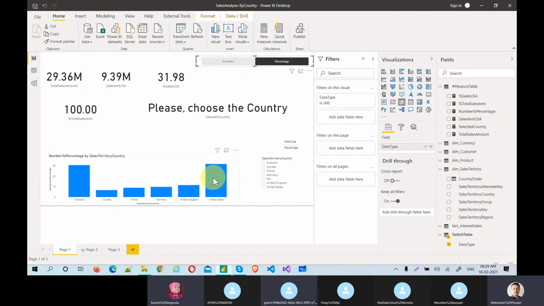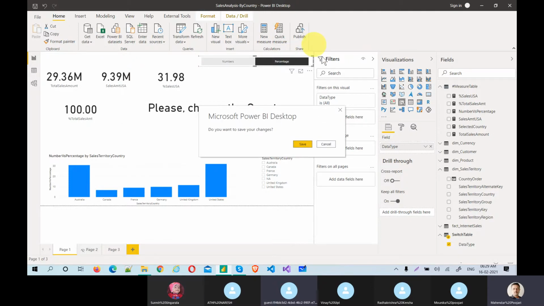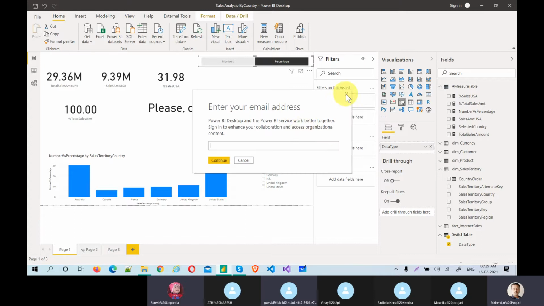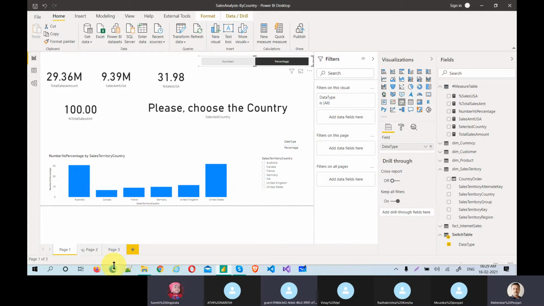don't check this. Now see, yes, percentage is coming. So that's how it is. This is just a workaround. We are just working on it. I would like to show this for you to understand better. So this is how it is, and I would like to publish this. Instead of publishing from here, I would like to go there.